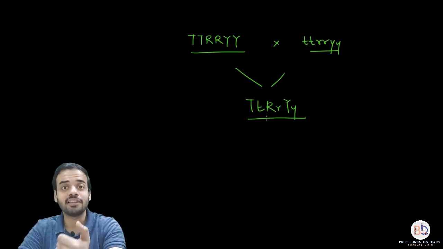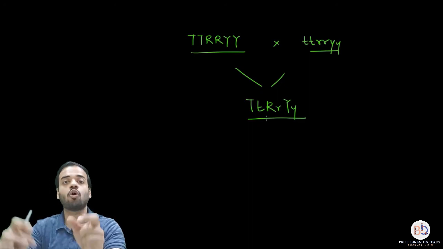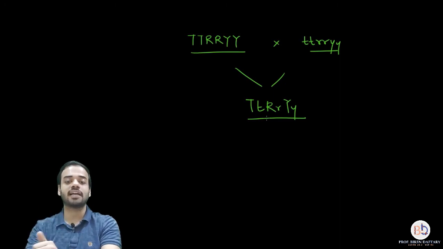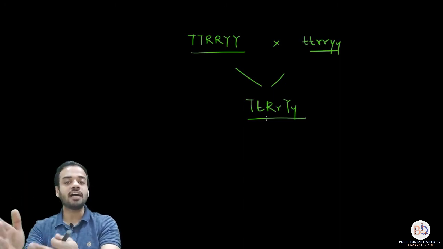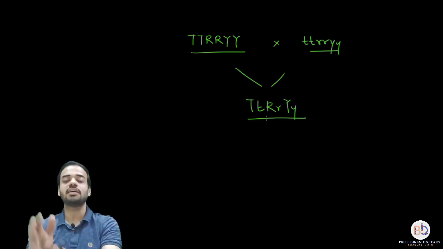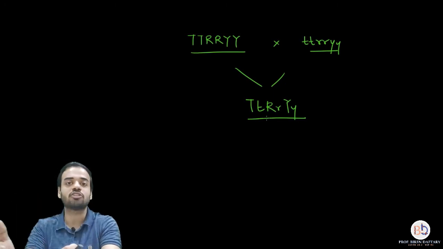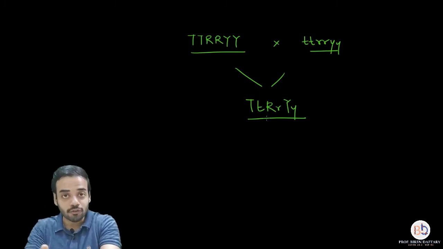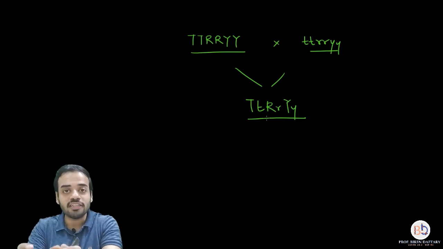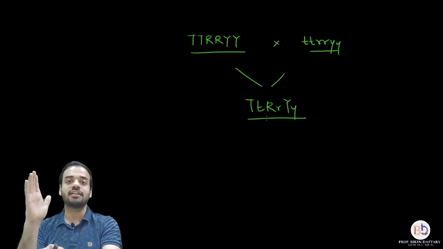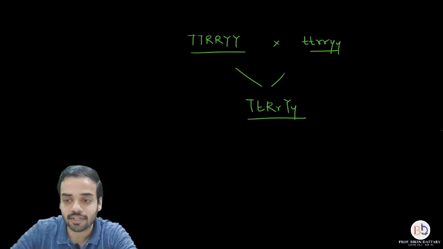However, when this plant forms gametes, all the alleles of the individual characters, they will not influence the other characters. For example, T, R and Y, they cannot influence each other. That is why all the alleles of every character, they independently assort, or you can see each character assorts independently. So height of the plant, shape of the seed, color of the seed, all these 3 characters will be independently separating from each other, and that is called as law of independent assortment.